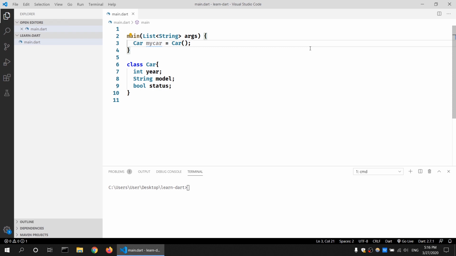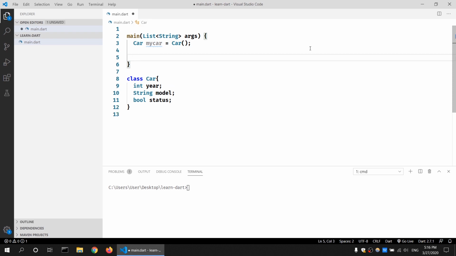And also it's important to know that any object is a child of the object class. So this car inherits some of the object class methods, so I can invoke them or use them with any class that I instantiate. For example, if I try to print